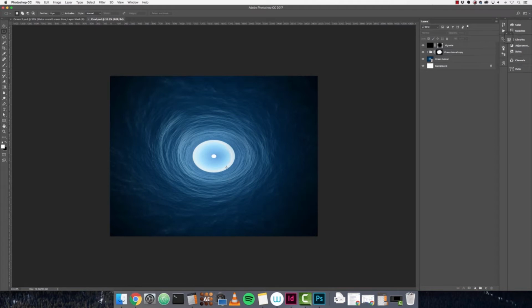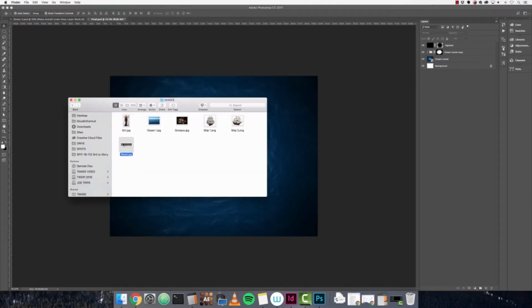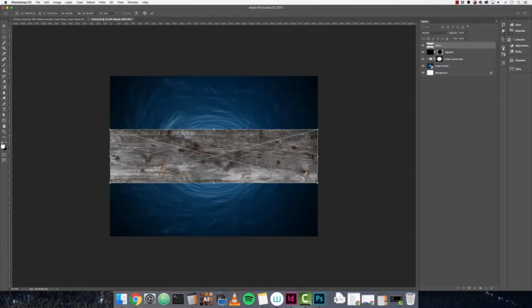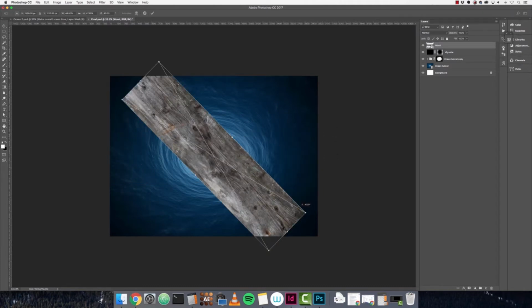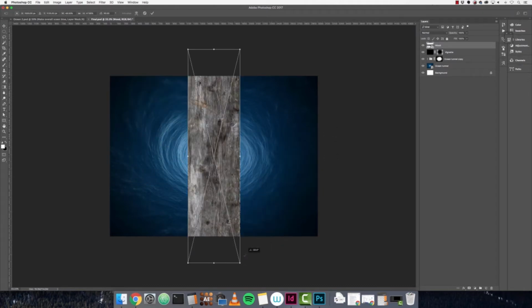Now we're going to add the girl standing on the plank or walking the plank. So the first thing that we're going to bring in is the wood.jpg. Just drop that in, hit enter, and make sure it's a smart object. Look for that little icon in the bottom right hand corner of this thumbnail. I'm going to rotate it by holding shift. It'll snap to these angles, and we could bring it to 90 degrees, so it's straight up,